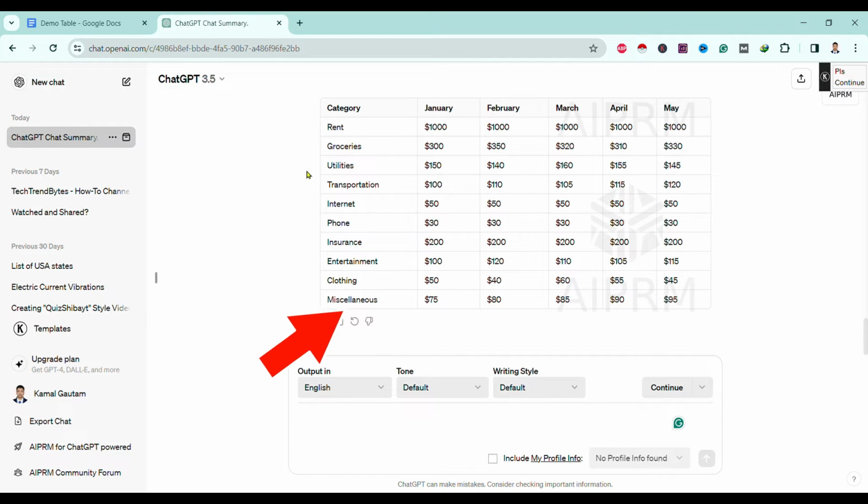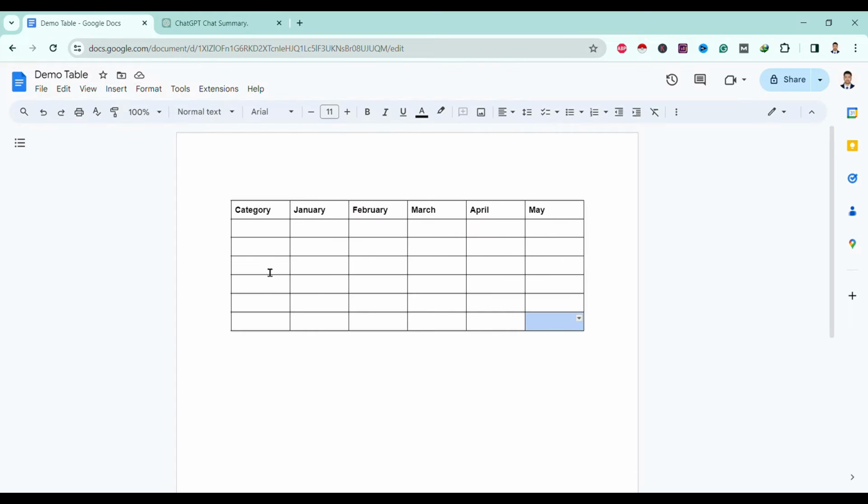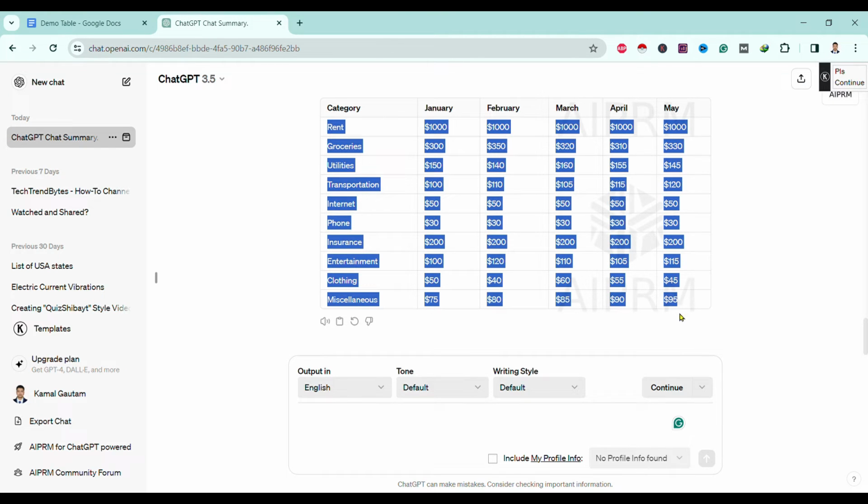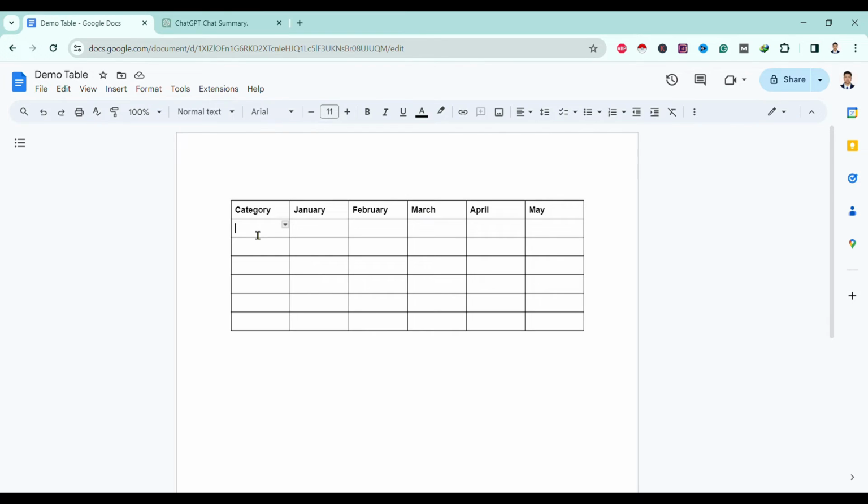Over here you can see this is the data. I want to copy it and insert it into this table. For that, what I will do is go to ChatGPT first, select all of this data and press Control C, and then I will go over here and click on the second row, first column, and press Control